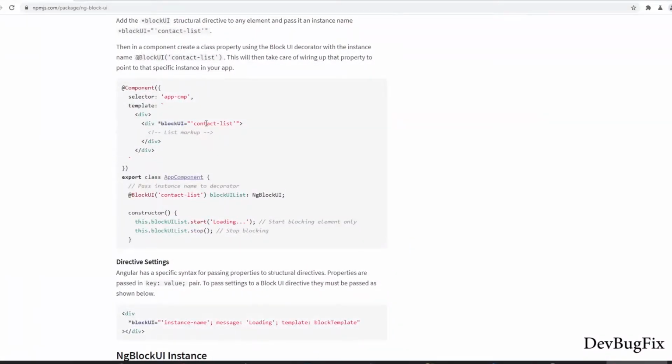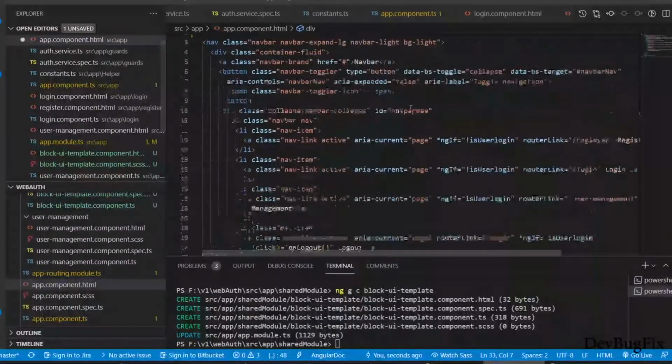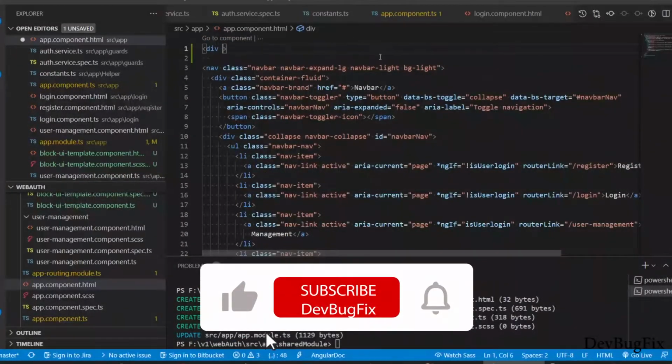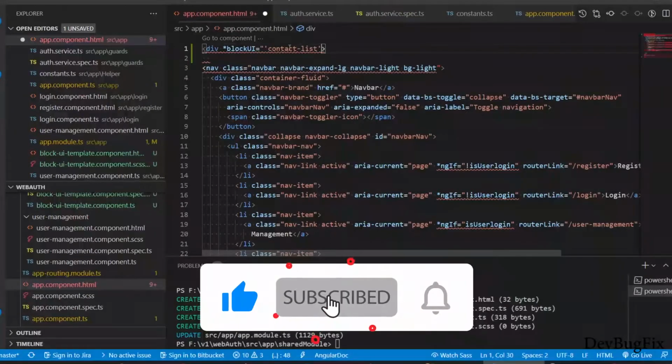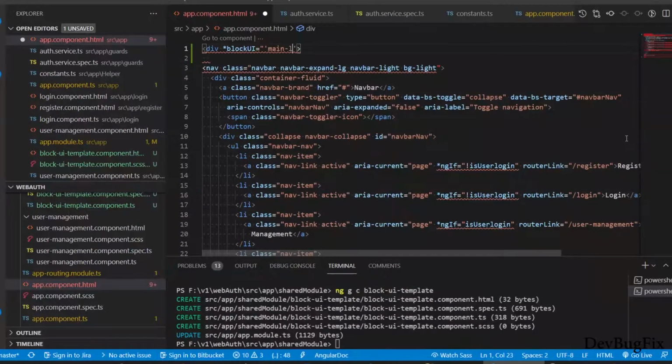So copy this directive and paste here. This is the name of this block UI, and we will use this name to start and stop the Spinner.